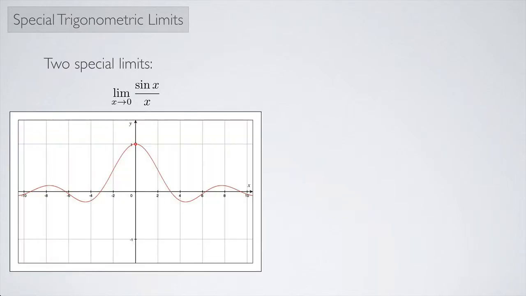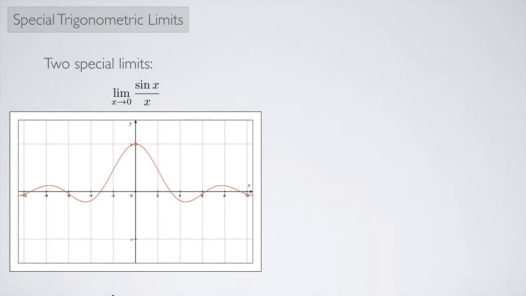In this video, I want to consider a few special trigonometric limits. I want to look at the limit as x approaches 0 of the sine of x over x. So here's a graph of the sine of x over x, and we see that at 0 we have an open circle here. It's not defined there, but it looks as if the function is approaching 1 as x approaches